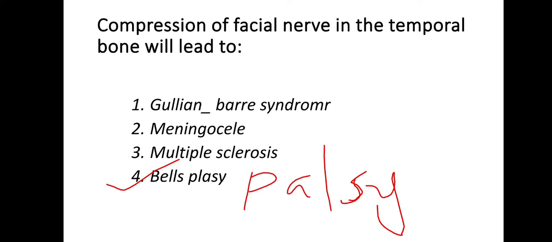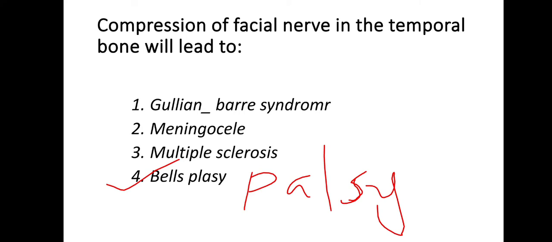But multiple sclerosis is the destruction of myelin in the central nervous system. Okay, demyelination or myelin destruction in the central nervous system happens in multiple sclerosis, and in the peripheral nervous system it happens in Guillain-Barré syndrome. In Guillain-Barré syndrome, ascending paralysis will occur. Ascending paralysis means what? The paralysis travels up the limbs from the toes and fingers towards the torso. Okay, towards the upper body.